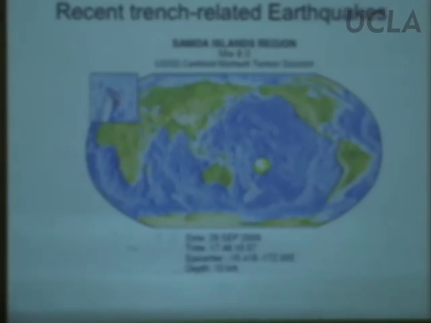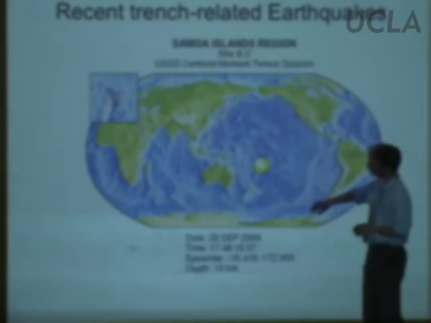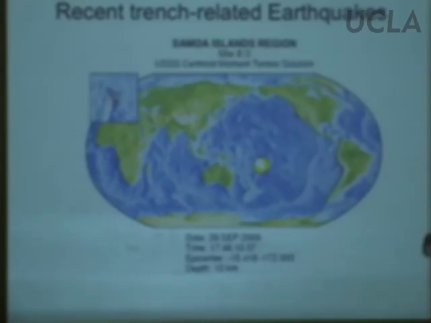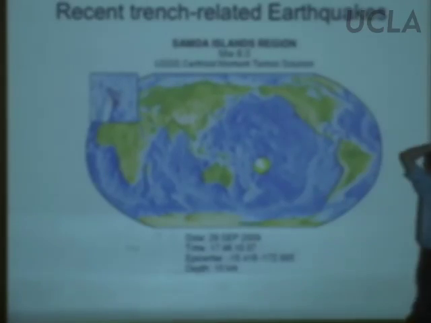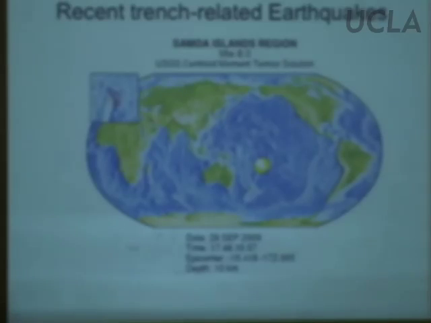Okay, so just in a little bit more detail, this is a map of the Earth, again, showing the location of the earthquake that happened, I think, on Tuesday, the American Samoa earthquake. It has a magnitude of 8.0. We don't use Richter magnitude, which might be the word that sounds most familiar to you. That turns out not to be very helpful for describing the size of very large earthquakes. So for very large earthquakes, we use this moment magnitude, which is a proxy for how much energy was released